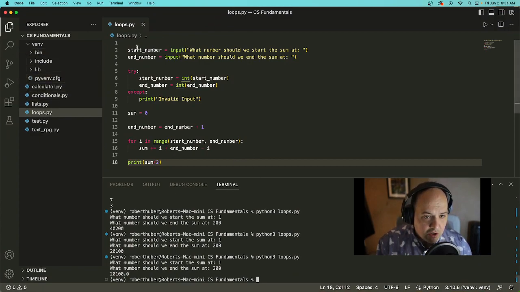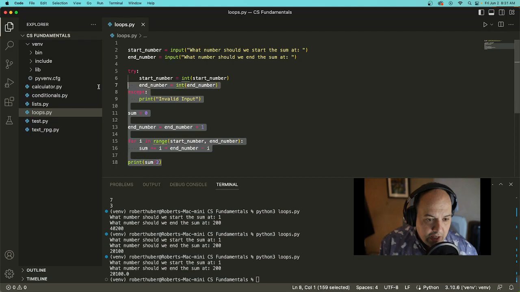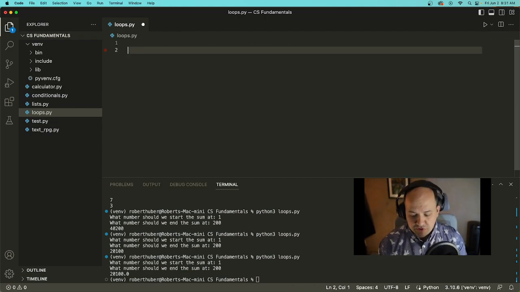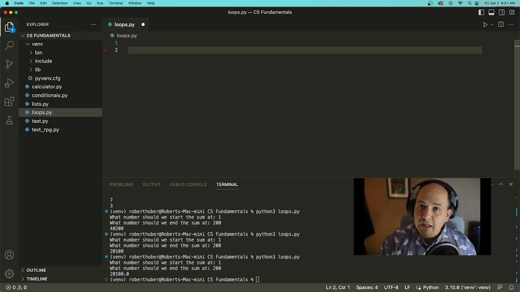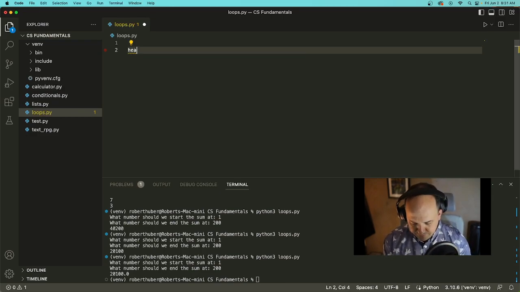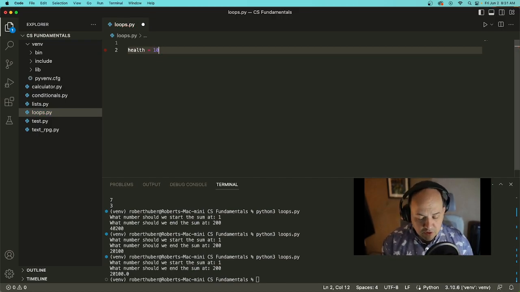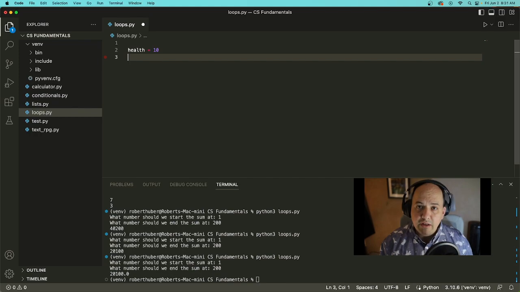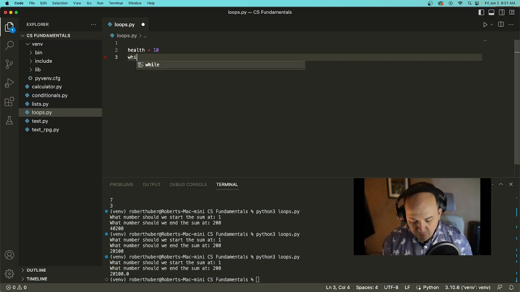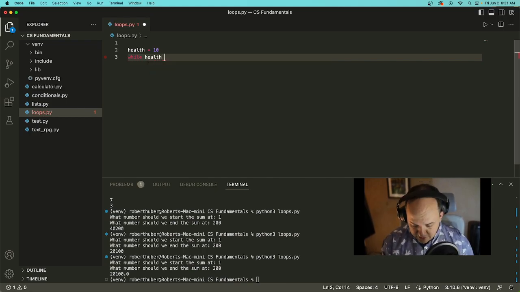So we had our little experiment at the end of last time where we were talking about how we might solve the problem of summing all the numbers from 1 to 200. I'm going to take all this out and just start a new loops at the beginning of the loops file. And this time, remember, we're going to focus on while loops. So let's say we were writing a game, and we had some character whose health was 10, and then we want to do something different once their health drops far enough. So we could say something like while health is greater than 0,